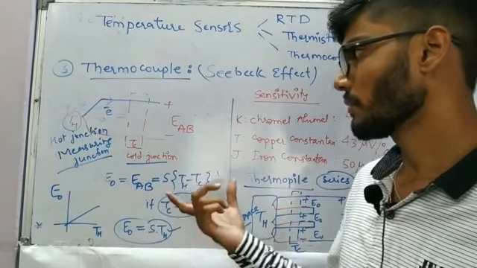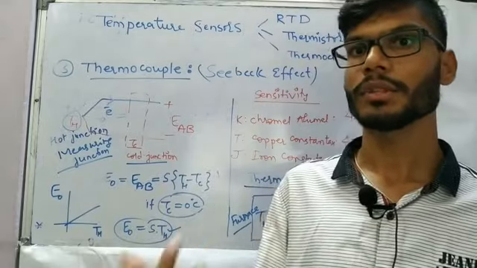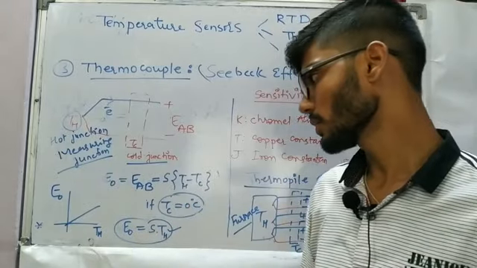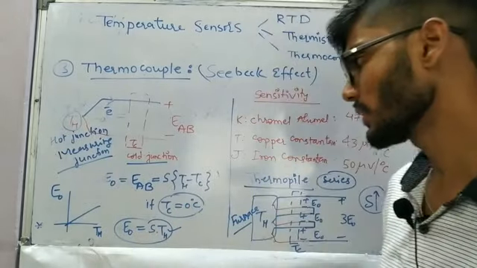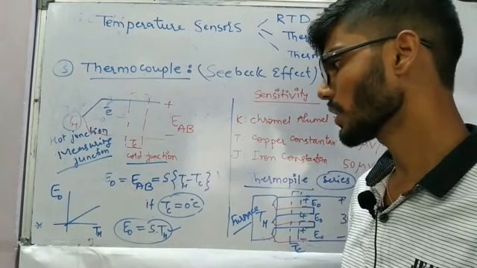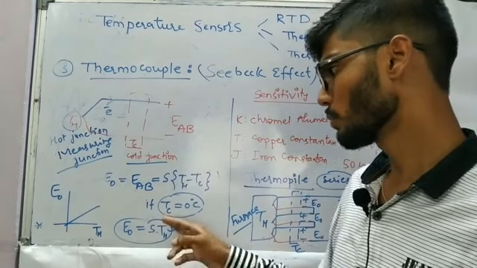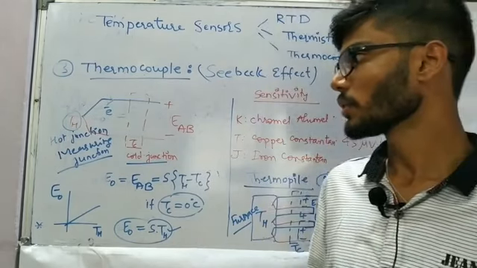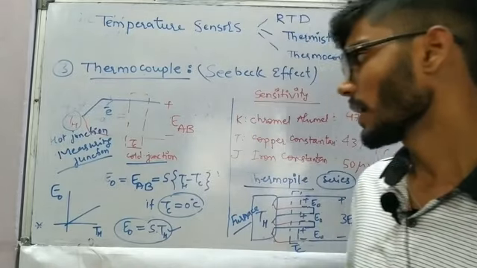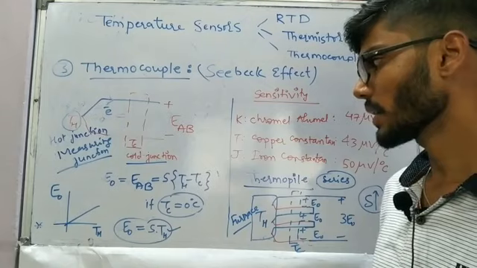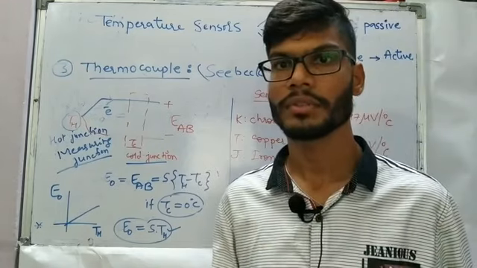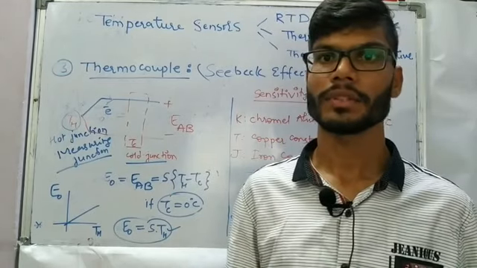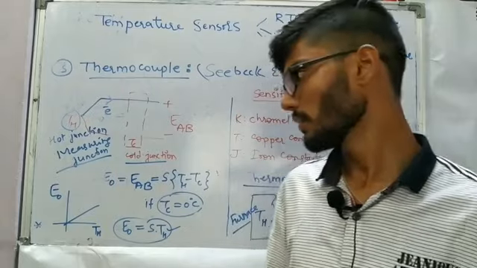So if we wish to get the output readings proportional to only the changes in the hot junction temperature, we need to make the cold junction temperature 0 degree centigrade. So the output will come as E naught equal to sensitivity into TH. To make TC equal to 0 degree centigrade, we need to do some arrangement, and that is known as cold junction compensation. Nowadays we are not making the temperature 0 degree centigrade. Instead we fix it at one particular value, and then we will be able to calibrate our scale in terms of the temperature changes which we are going to face.